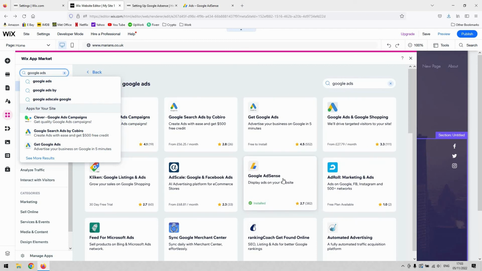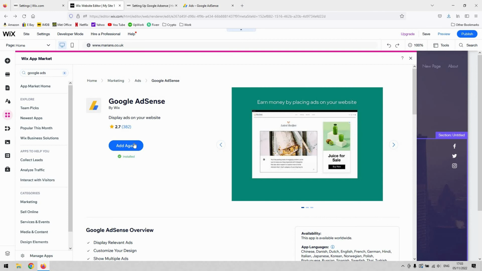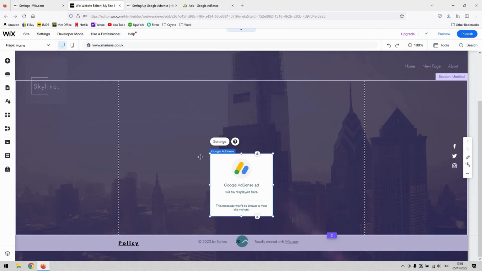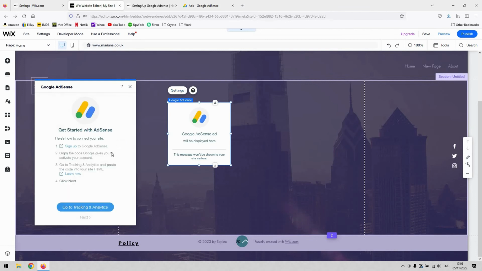and if you hit Google Ads, you'll see that Google AdSense is available here for your website as an app. Okay, so I've had it before, so I'll add it again to my website, and you can see that I've now got a Google AdSense area in my Wix homepage. So now, to connect it all up to the ad that I've just created, if I hit settings